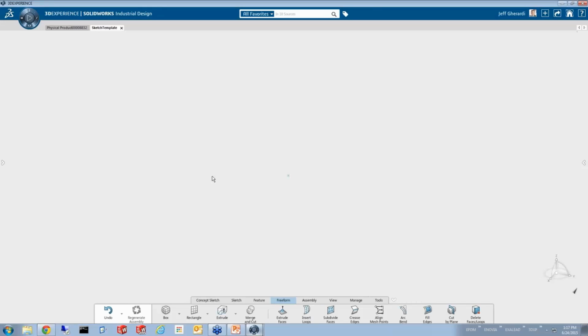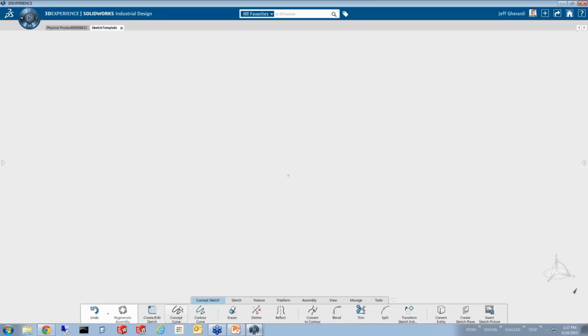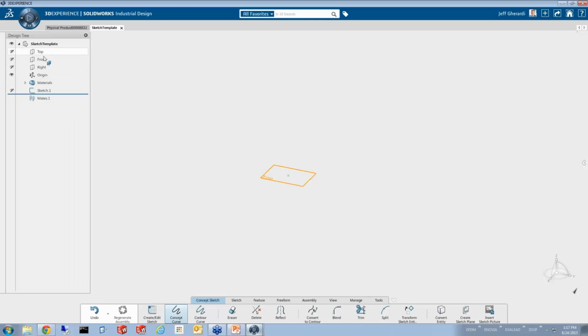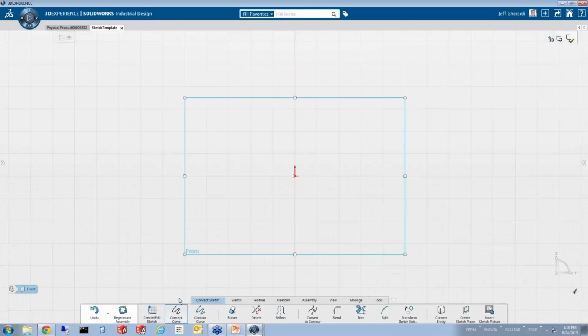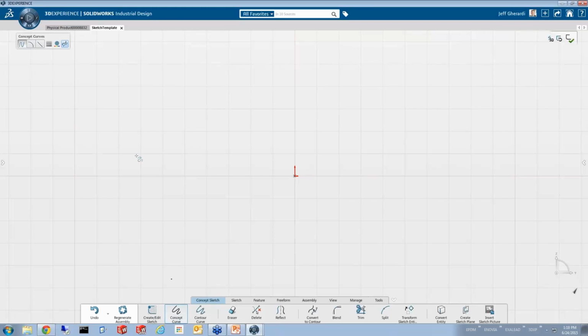So I've actually got myself set up with a Wacom tablet here, and we can start by doing some concept sketching. If I come out here and decide we want to sketch on the front plane, we'll create a new sketch. And with my concept sketching here, I can actually, sorry, let me reset that real quick. So with my tablet or with my mouse, I can come in here and start